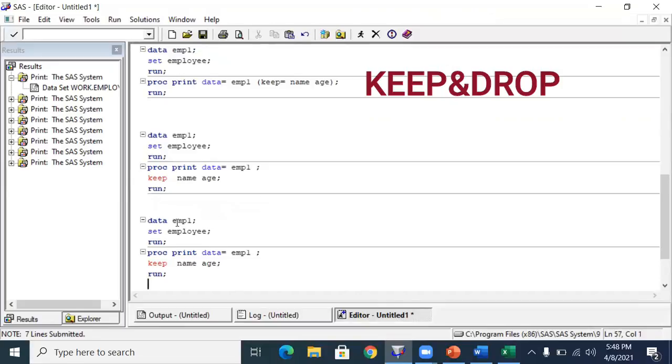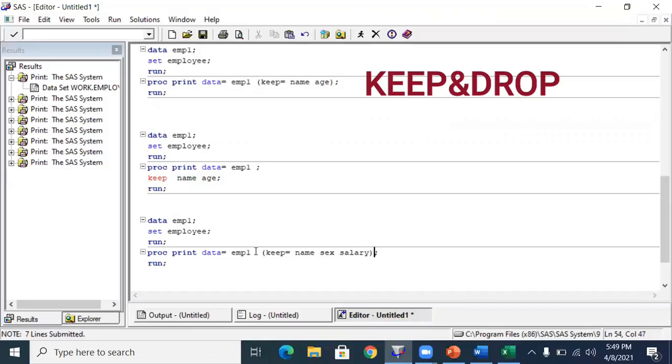Okay. So here, I'm going to give keep is equal to name, sex, and salary.